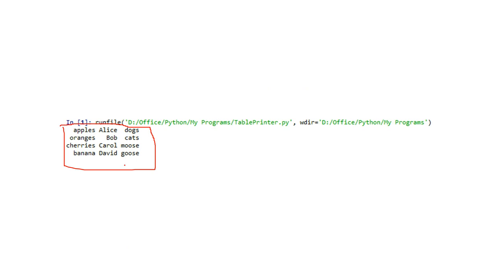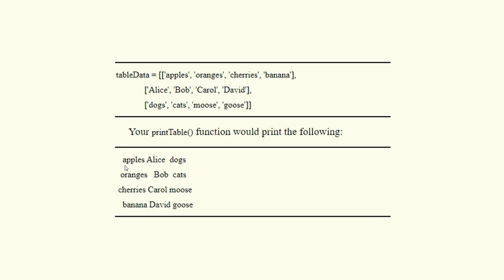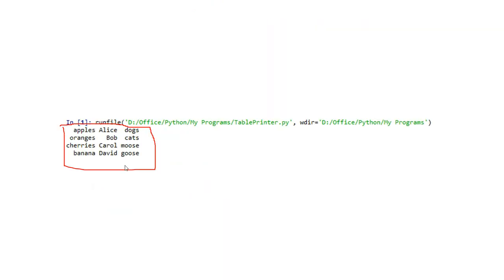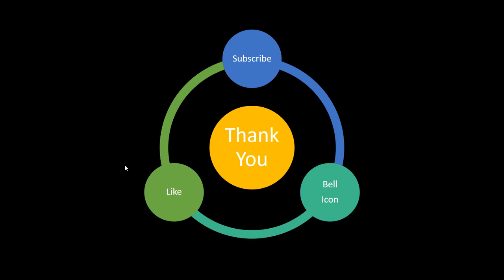And then you can do all the things. You can put a table structure also here, but according to our requirement, this is pretty much it. So yeah, that was the program, and thank you very much.